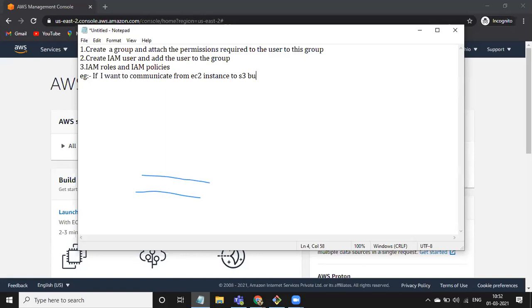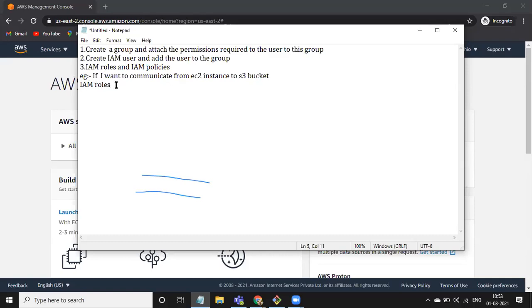In AWS, if you want to communicate from one service to another service, see, EC2 is one service and S3 is one service, right? To communicate from one service to another, we use a concept called IAM roles. IAM roles are nothing but a set of permissions given to a role.